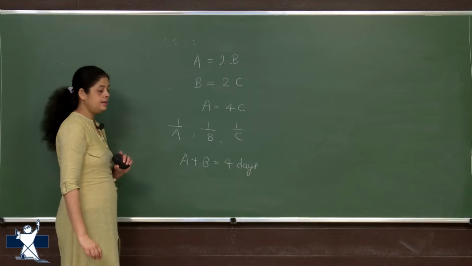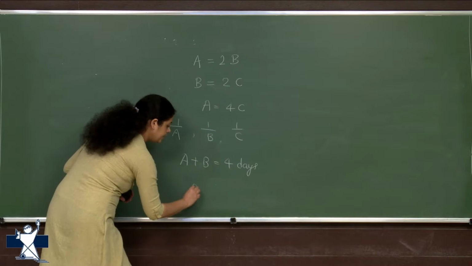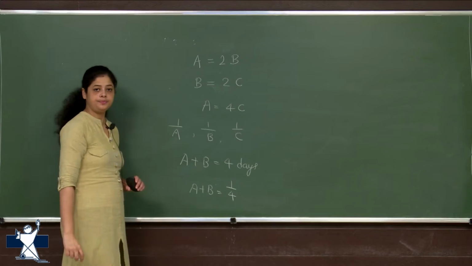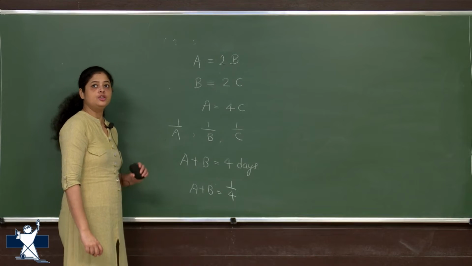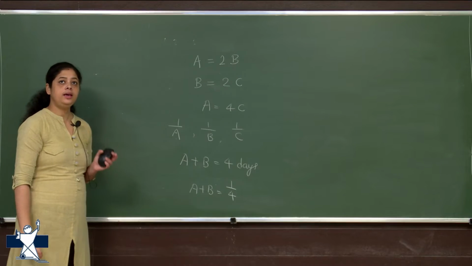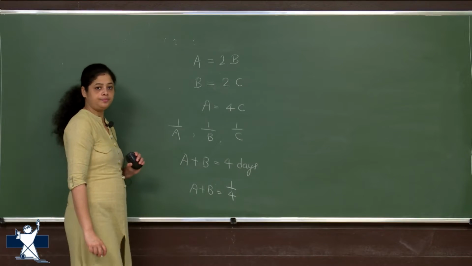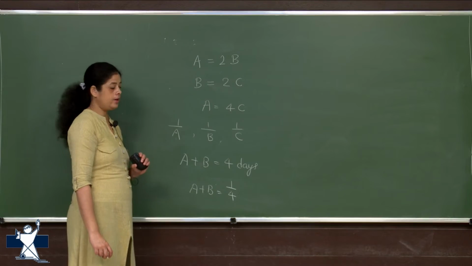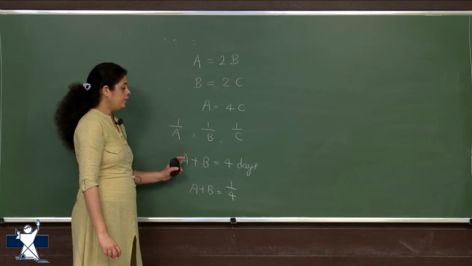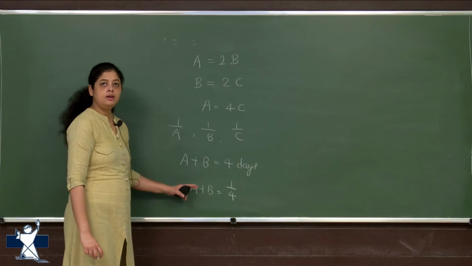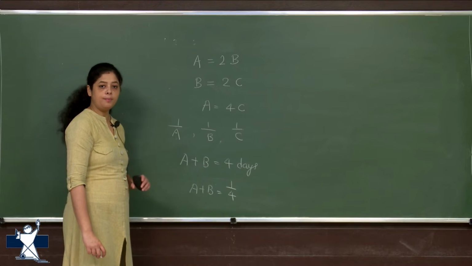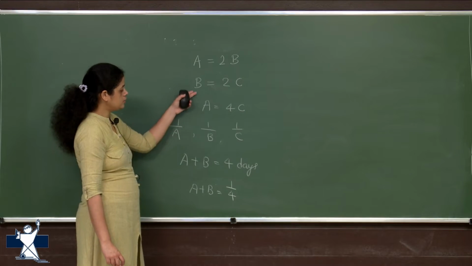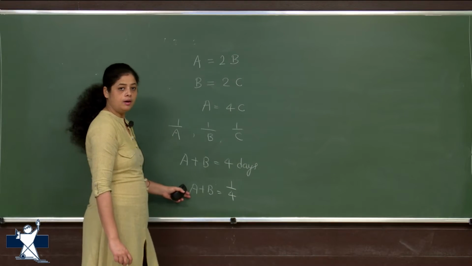So how much will their one day's work be? To complete the entire work they are taking 4 days. So 1 day's work will be 1/4. Right? So then in how many days C alone can complete the work is the question. Okay. So it is given A and B together can complete the work in 4 days. So how much time will C alone take to complete the work? Now we know the relation, right? So we can just replace it in place of A and B.